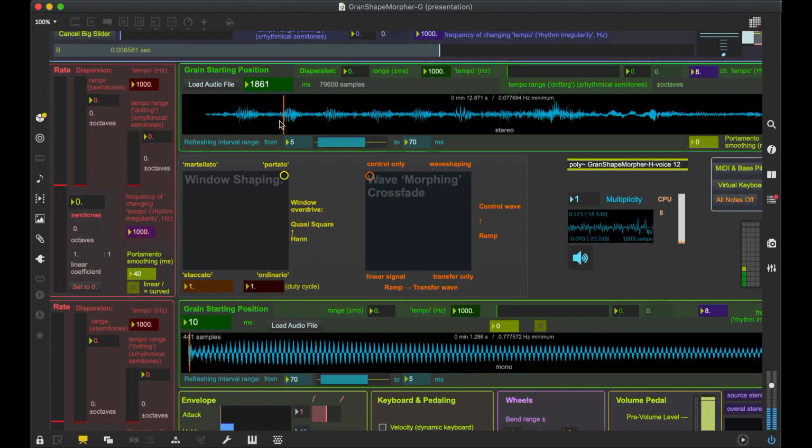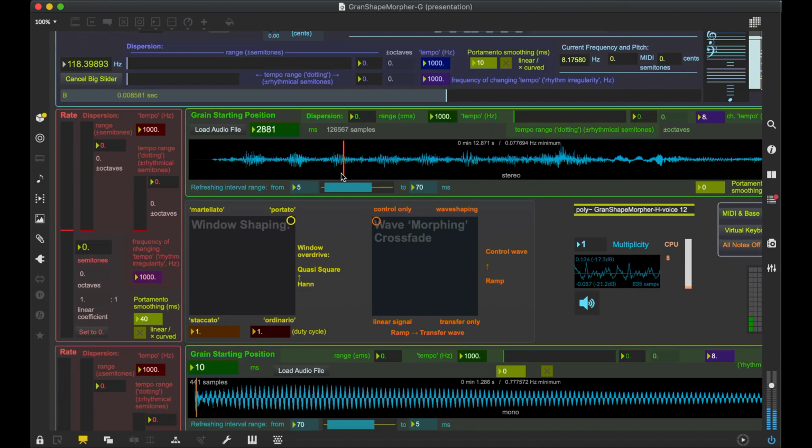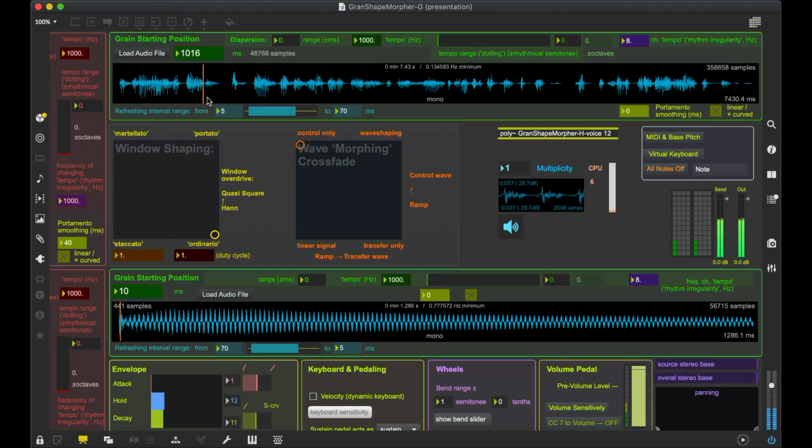The third parameter, which is important for us: we can choose any part of our source sound. This is what we call a granular vocoder. Of course, this is not a vocoder because it's not a spectral technique, but it's a vocoder-like effect. Using my speech as a source sound illustrates this effect very well.